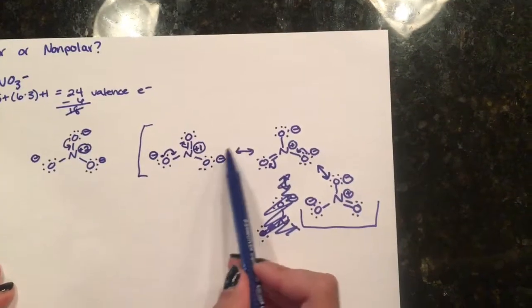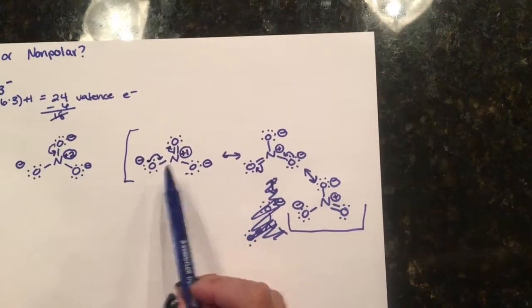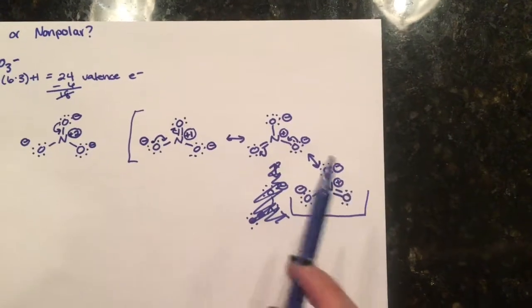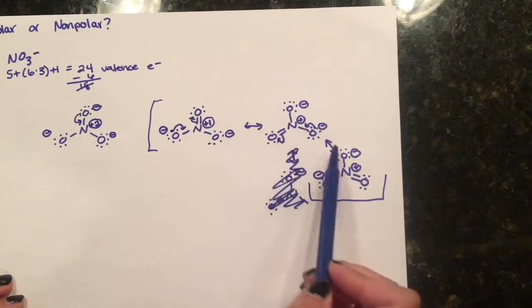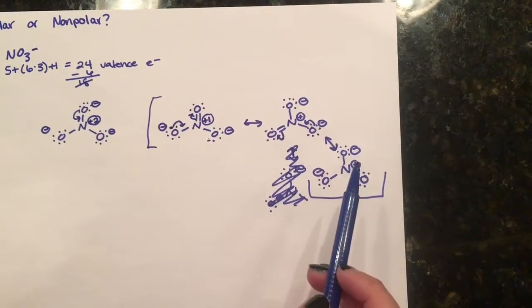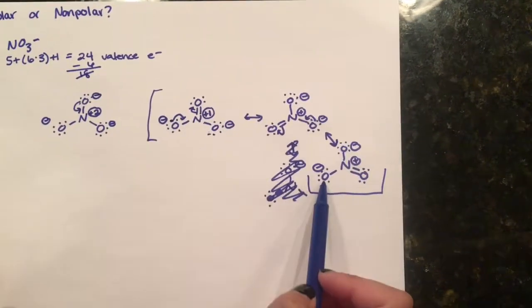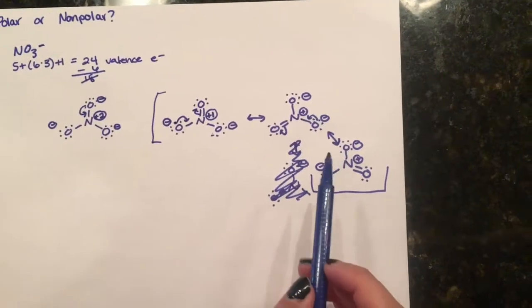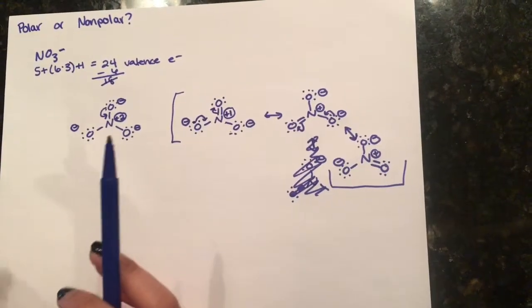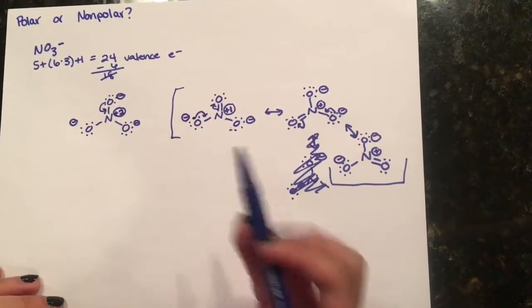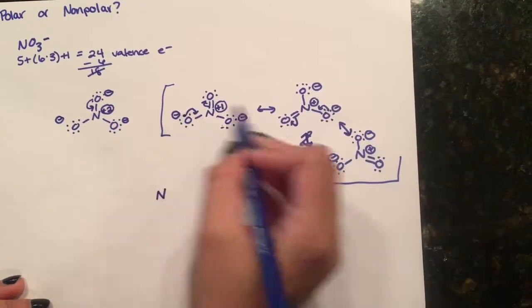So although these resonance structures are each a good way of representing the molecule, they're not the best way. In actuality, none of these resonance structures actually exist. These are just different representations of the one molecule, and we can combine all 3 of these in a resonance hybrid to show what the molecule actually looks like. So if we put all 3 of these together,